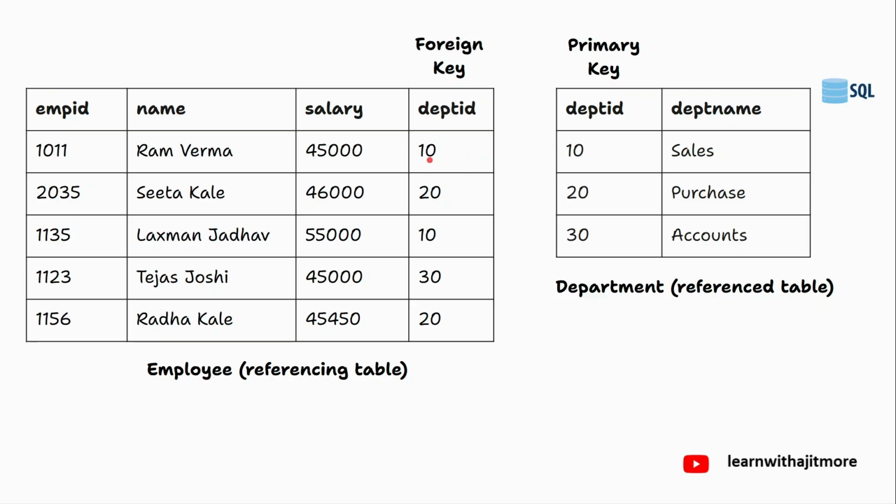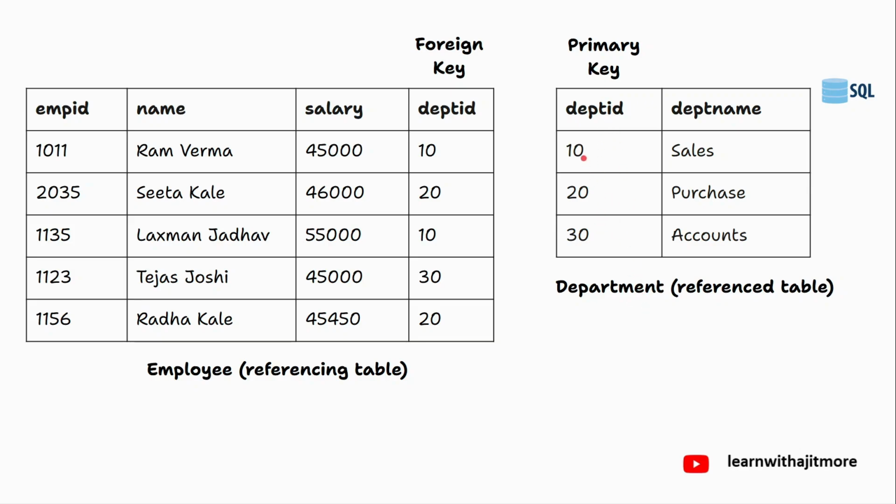So here 10. With this, we come to know that this employee is working in sales. This is working in purchase. This is also working in sales. This is working in accounts. This is also working in purchase. So how do you form an association, a relation, between one table and another? By this foreign key. And can you see all the values in this foreign key are taken from the primary key of